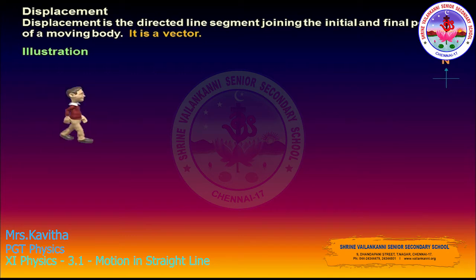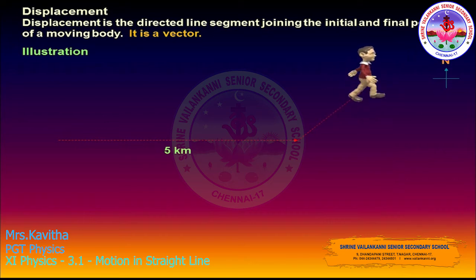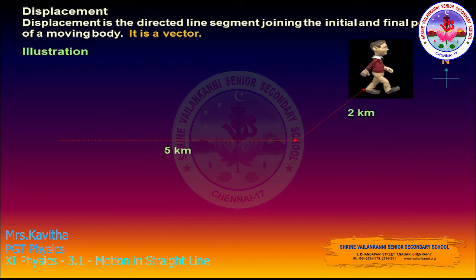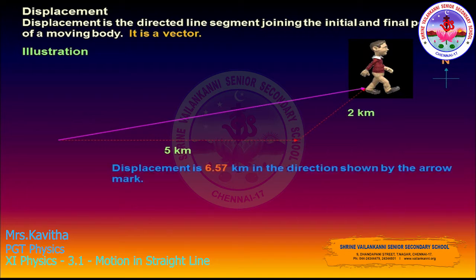Now the same person covers 5 kilometers and again covers 2 kilometers. Now what is the displacement? We have to calculate the displacement here. The shortest distance between the initial and the final position is the diagonal, and the displacement may be 6.57 kilometers